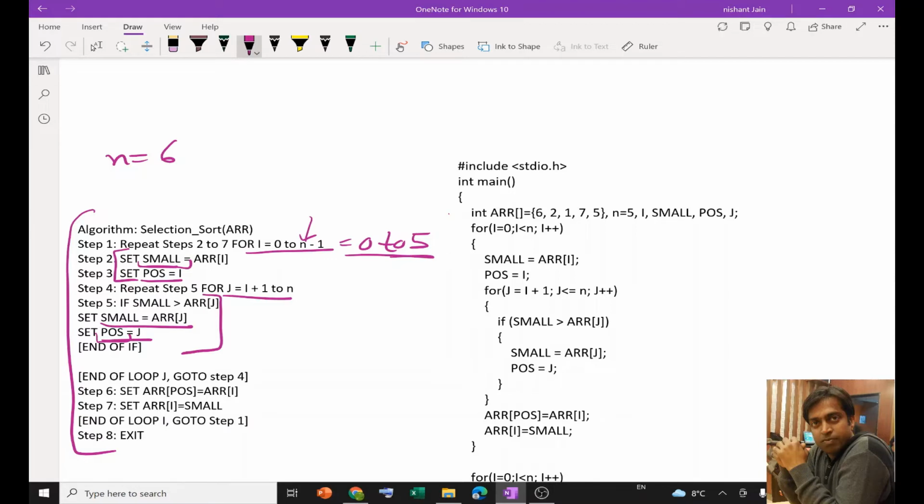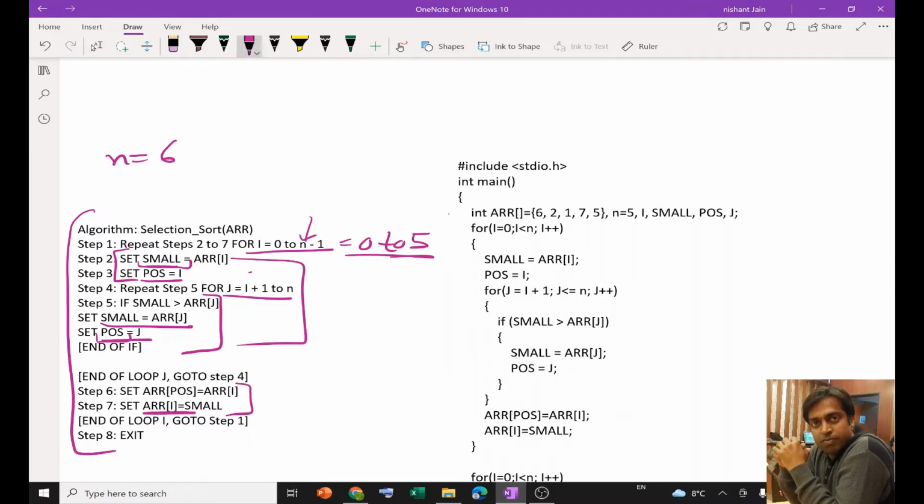Once I have the smallest element, I put its value at position I. Means I simply swap the smallest element with the element at the first position in the unsorted array. That is what I am doing over here, right?